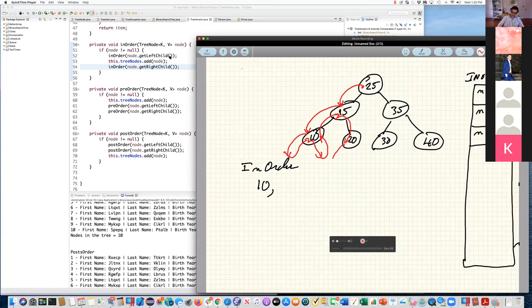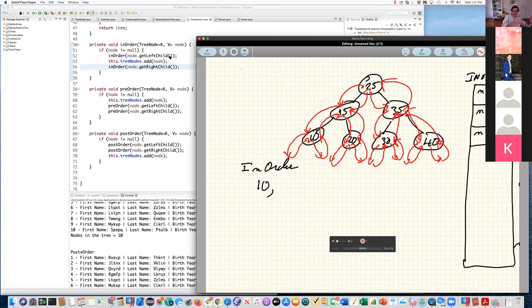comes here, goes left, returns, goes right, returns, goes here, which then returns there, which then goes here, which then goes there, which then goes to child, which then comes back, which then goes to the right, which then goes back, which then goes back, and then visit here. So we're visiting left, visit the node, go right. Okay, we're done. Go back, and then go back.